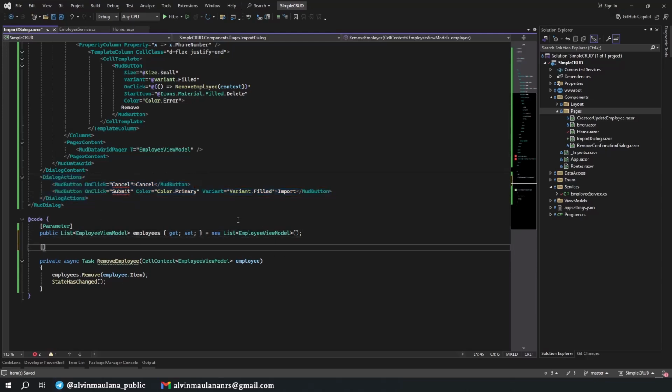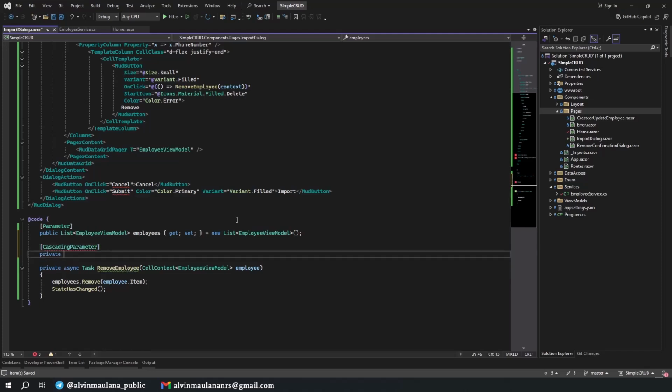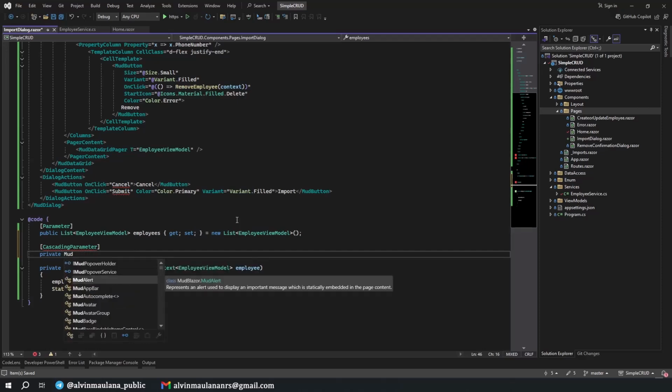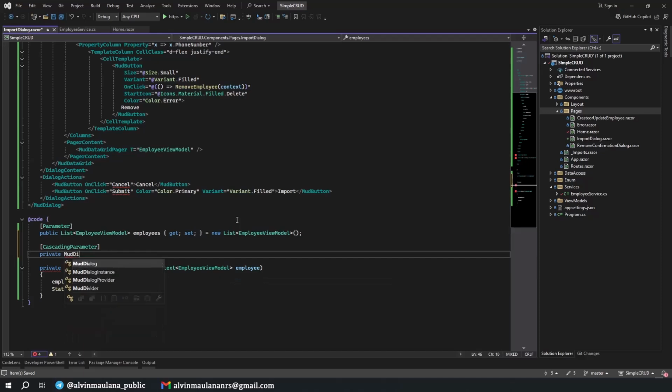First, we need to have a cascading parameter of MatDialog, private MatDialogInstance. Okay, this one, MatDialog get set.